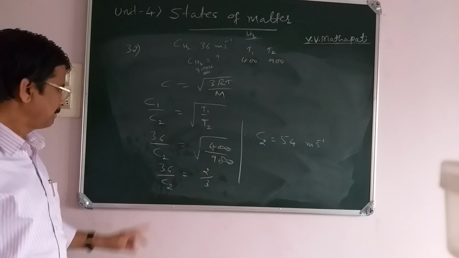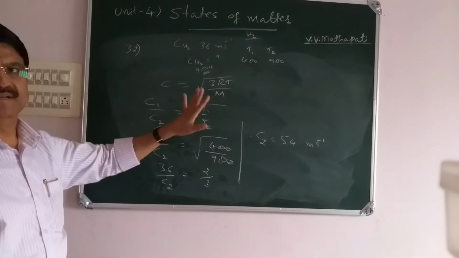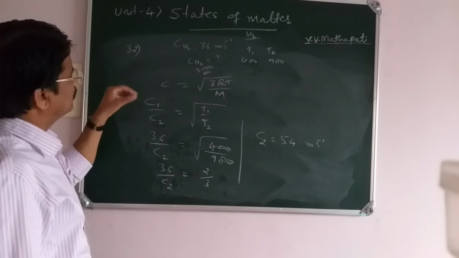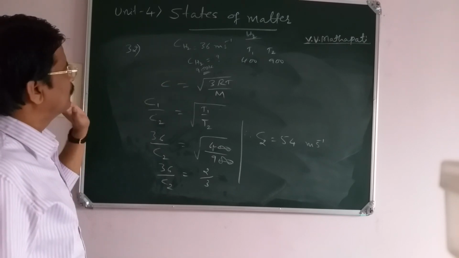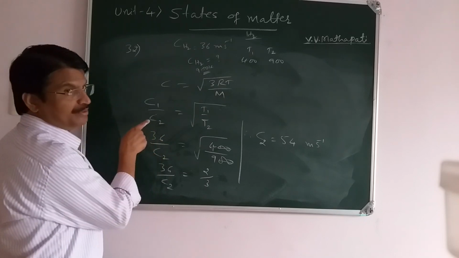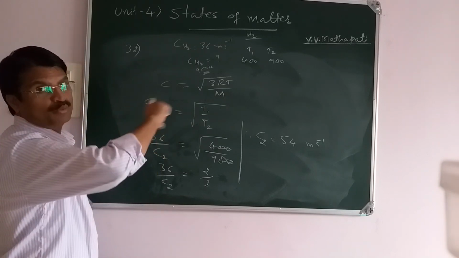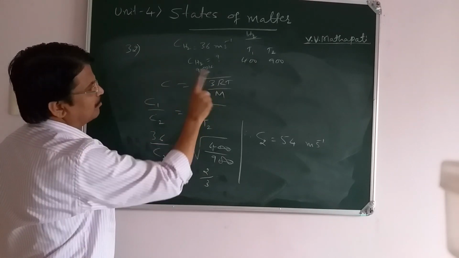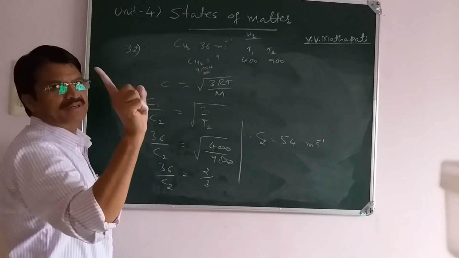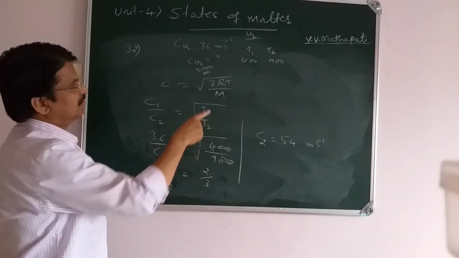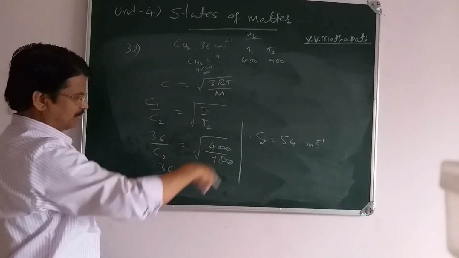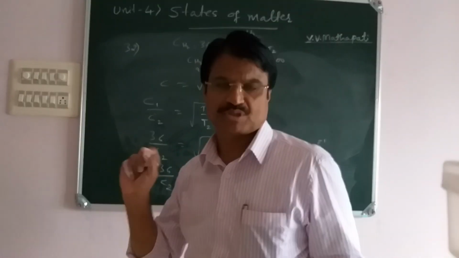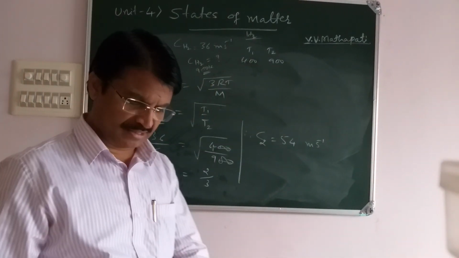Now again, see the method. They gave values, and I think with this formula we can apply. Further, they asked what is the RMS speed of another gas, and they are not given equal. Therefore, take the ratio. If not equal, take the ratio. 3R and M are the same, M is same because the given gas is the same. Therefore, M of S2 cancel. The 3R by M cancel, hence the C1 by C2 formula. So I gave here all the different methods of how to solve RMS speed problems on gases.